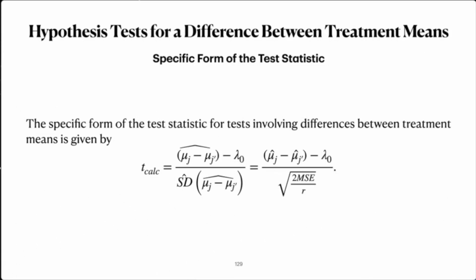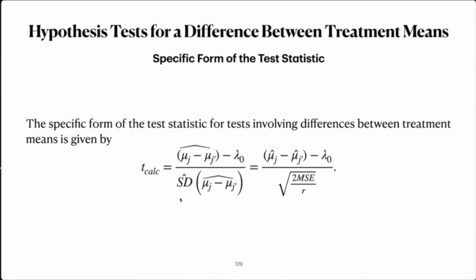Now, the specific form of the test statistic for tests like this involving differences between two treatment means is given by the following expression. And you'll note that t-calc, the test statistic, has a numerator that's equal to the difference between the estimates of the corresponding treatment means, so mu hat sub j minus mu hat sub j prime. All right, and then from that we subtract the hypothesized difference, lambda sub 0,